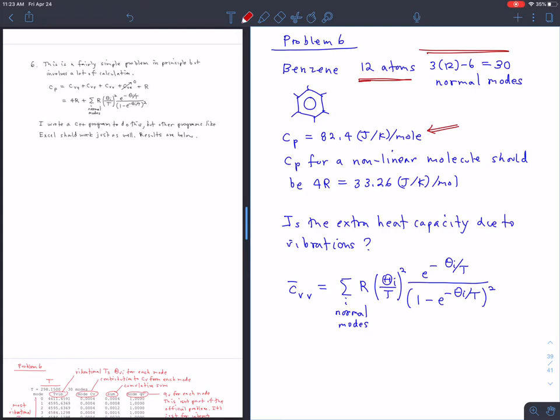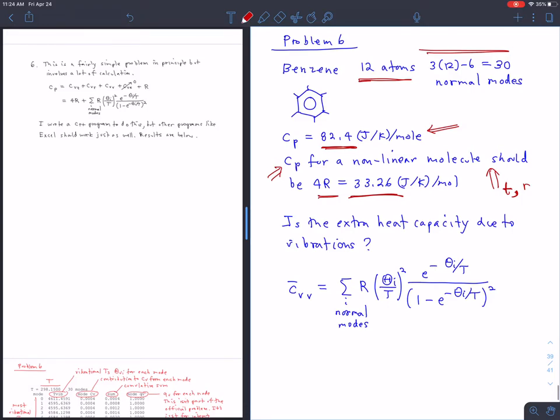If this were a small nonlinear molecule with only translations and rotations, no vibrational contributions, that's the normal kind of rough approximation that you make, the heat capacity would only be about 33, it'd be 4R. That is, the heat capacity at constant pressure would be 4R, about 33. That's way smaller, of course, than the actual measured heat capacity, so there's reason to think that the normal modes